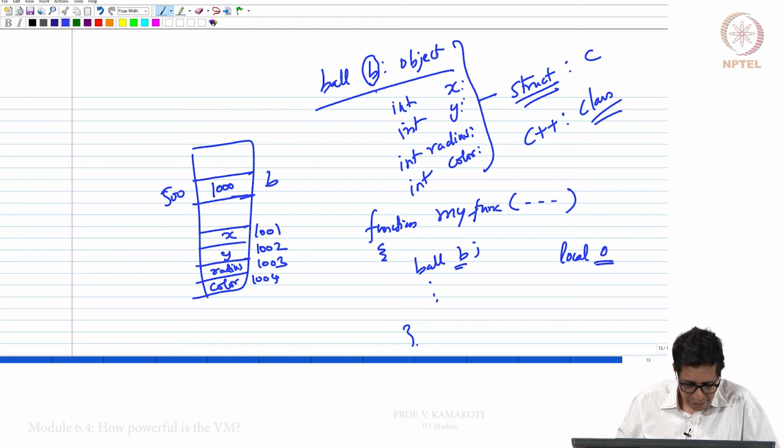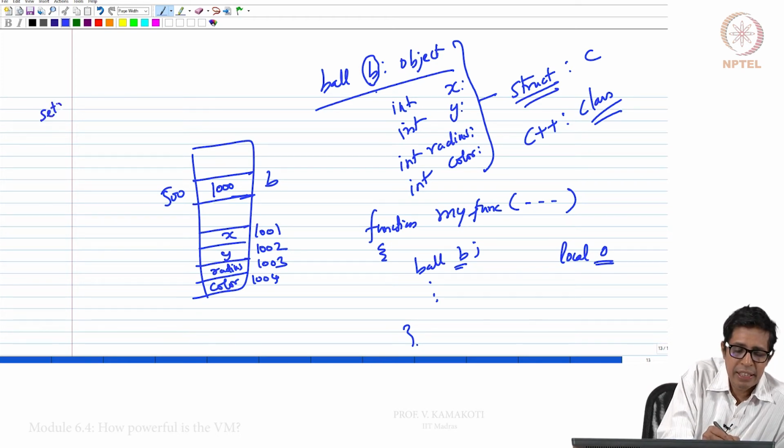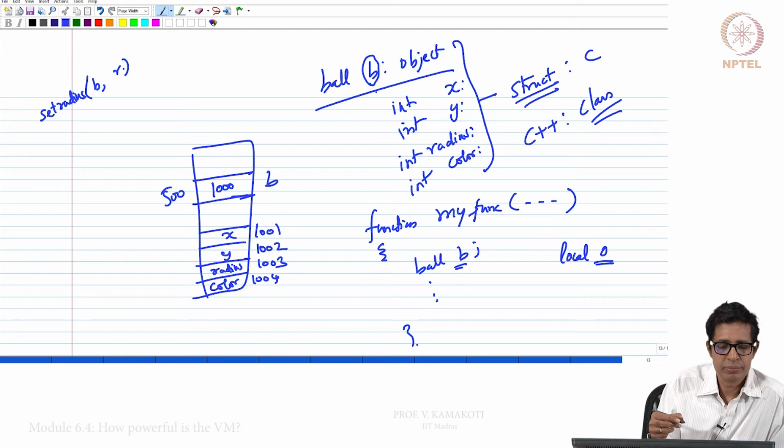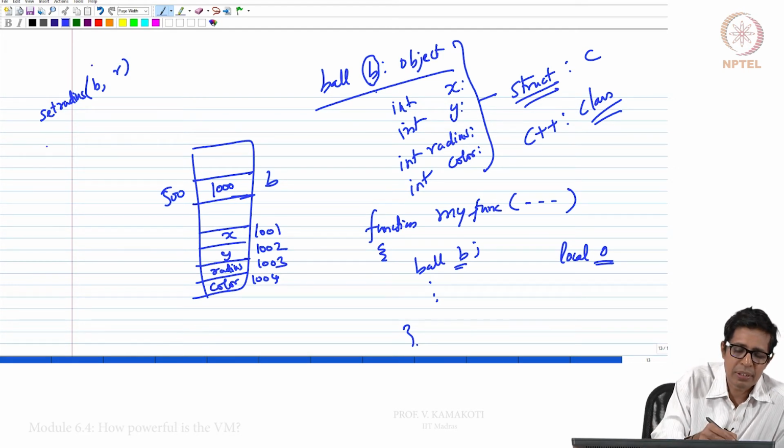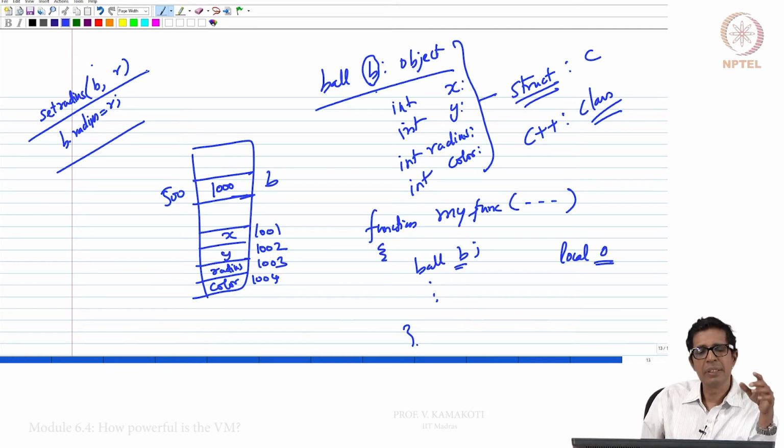Suppose I want to set the radius to R. So suppose I have a function called set radius, B comma R. B is a ball and R is an int. Now I have to set B dot radius is equal to R. So the address B is coming in and I am getting an int R. Now what is B and R?